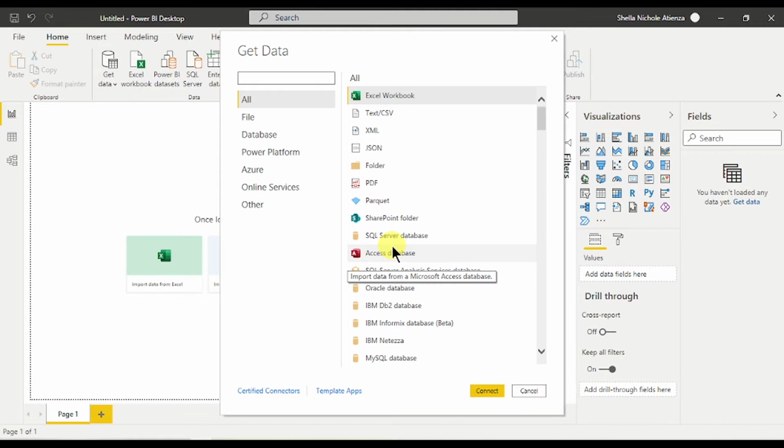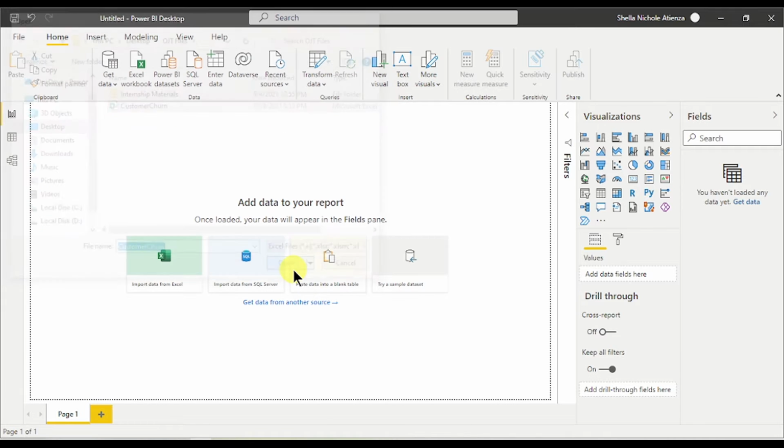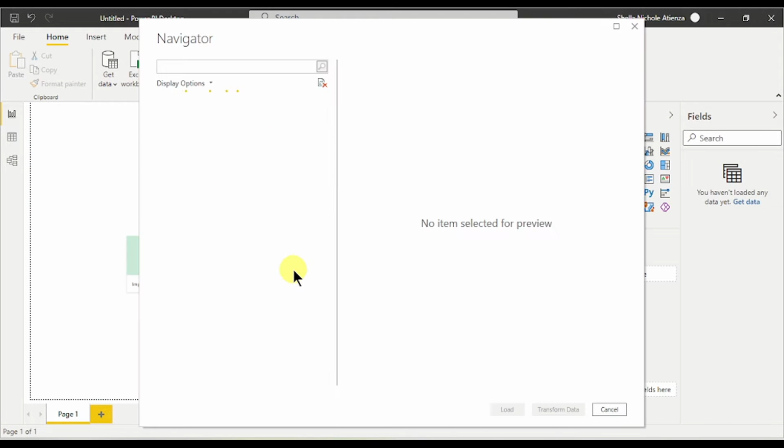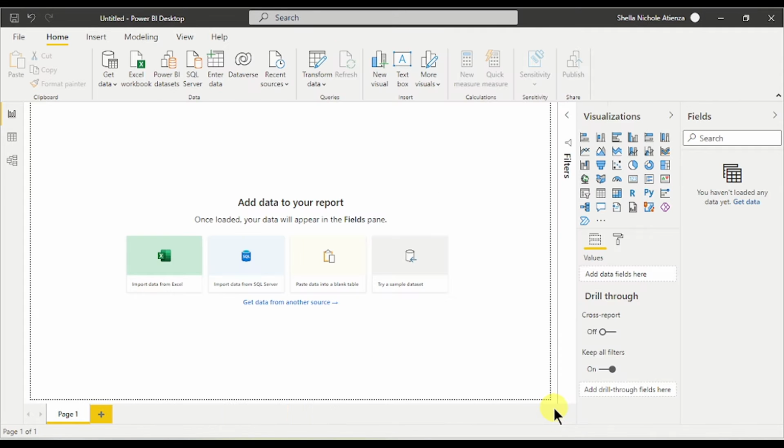Since we have Excel, we'll go ahead and choose that and get our dataset. If you don't have anything to change to your dataset, you may want to click the table and load your data. But if you want to change something, which in my case, I want to modify some, I click Transform Data